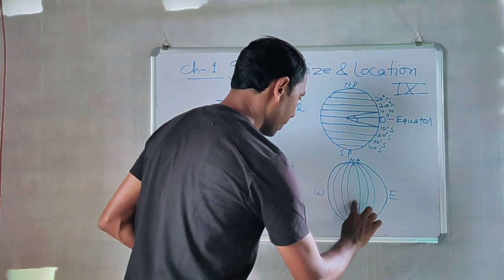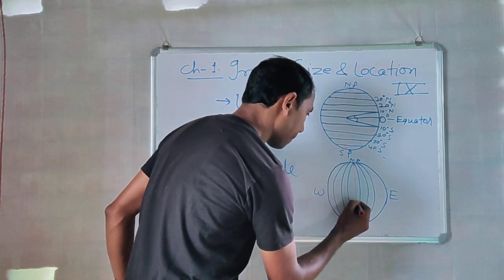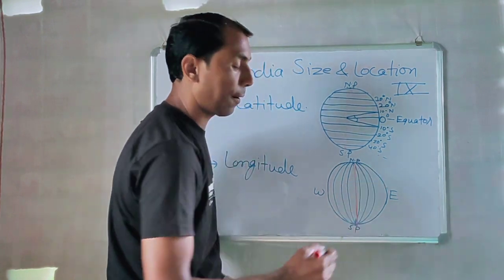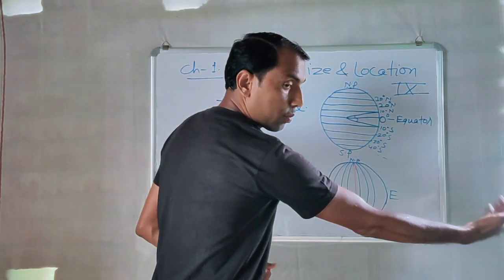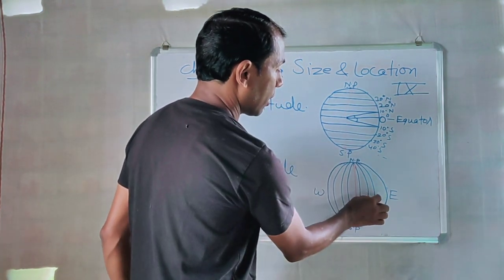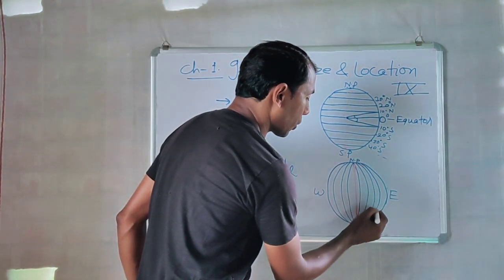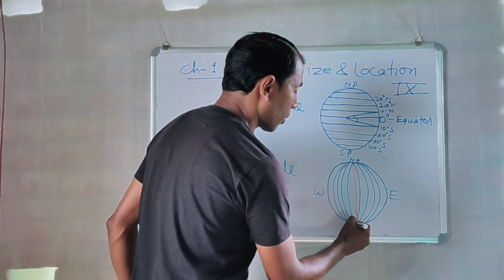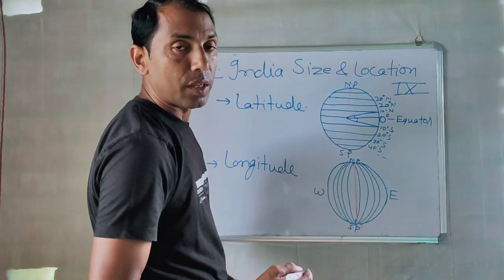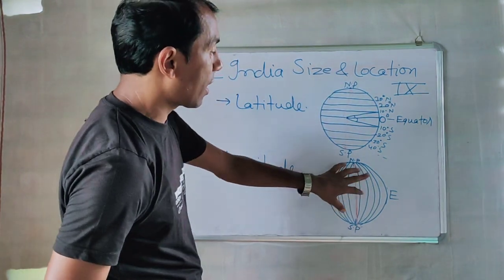In the center, it is a meridian line. It is also known as Greenwich line. From the Greenwich line, the rightward side is eastern longitude, right? This will be called Eastern Longitude and this will be called Western Longitude. West means leftward from the Greenwich line, Mediterranean time, right? So these are the longitudes.